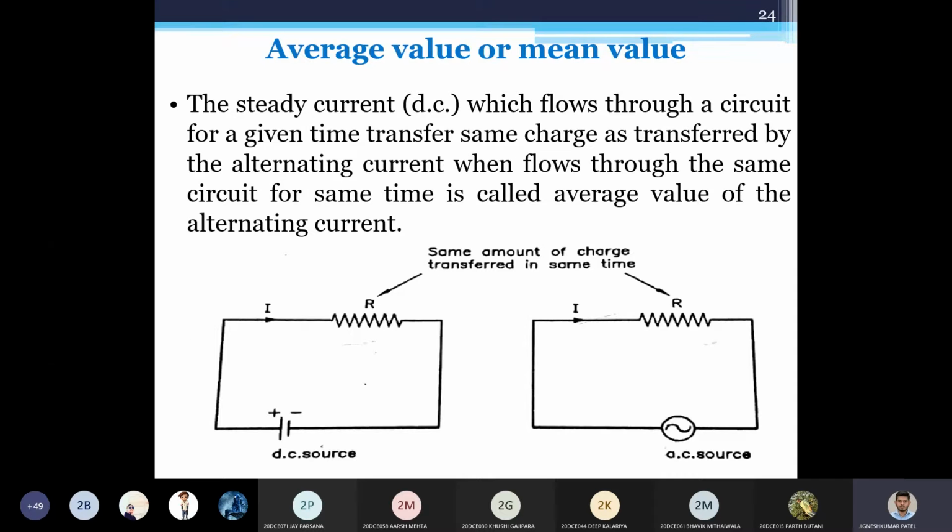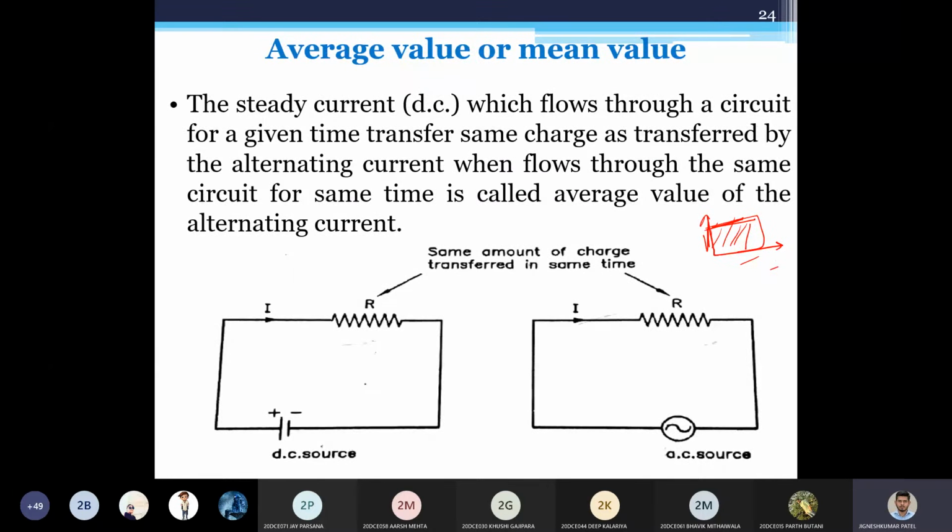Now, how to find out this average value? In AC, DC would be very easy. It's the area under the curve. In the case of DC, finding the area under the curve is very easy. Why? Because if you look at the graph of DC, that could be a time axis, and you would be having this kind of graph. This would be the area because this is a straight line, that would be rectangular, and we know how to find out the area of a rectangle.